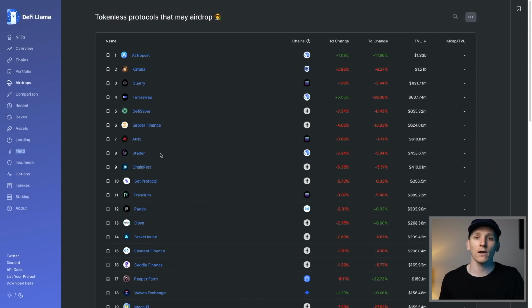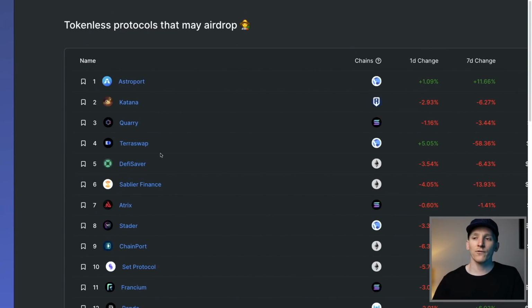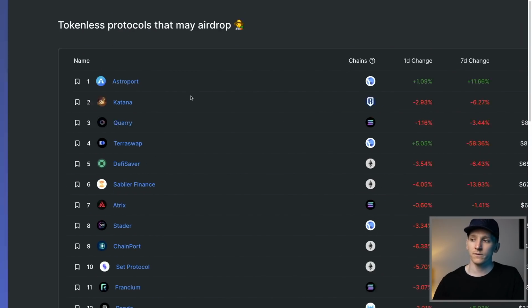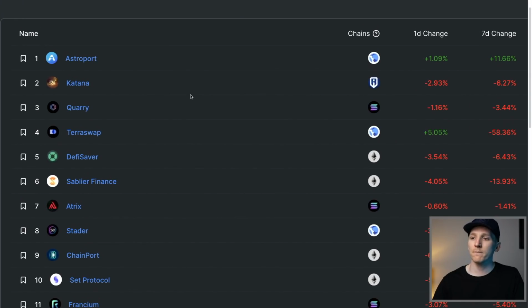The next one is DeFi Llama. So this is a website. They also have a Twitter, so you can go and follow them. But basically, this is kind of focused on DeFi, but these are tokenless protocols, as you can see. So these are absolutely kind of key protocols that may have an airdrop, right? So any protocol that is quite big and being used that doesn't have a token yet is obviously a prime target to maybe have a token in the future. Obviously, they'll want to raise funds or do whatever, and maybe the early community obviously get some airdrops into their